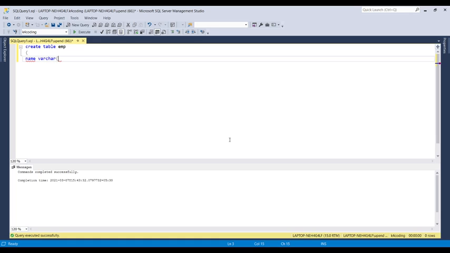We take name, then department, and then mobile number as a bigint. Why have we taken mobile number as a bigint? Because it's a numeric value.